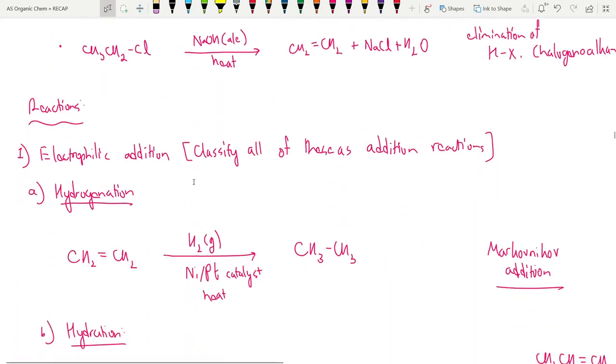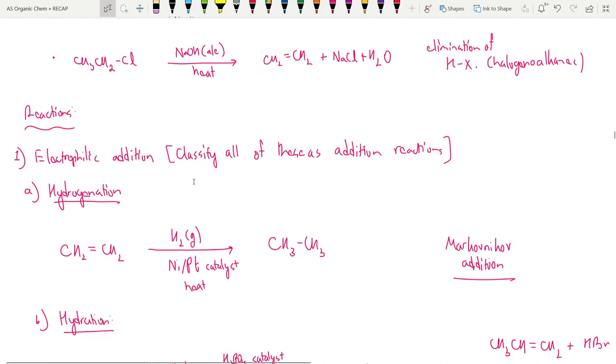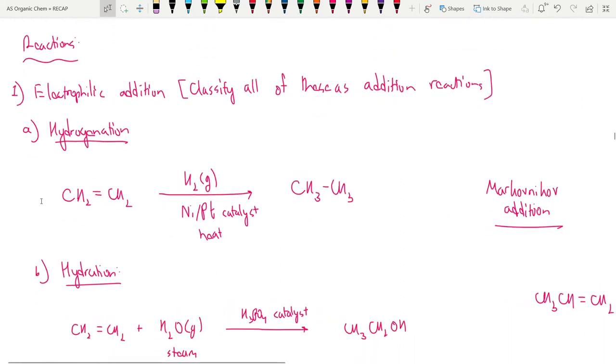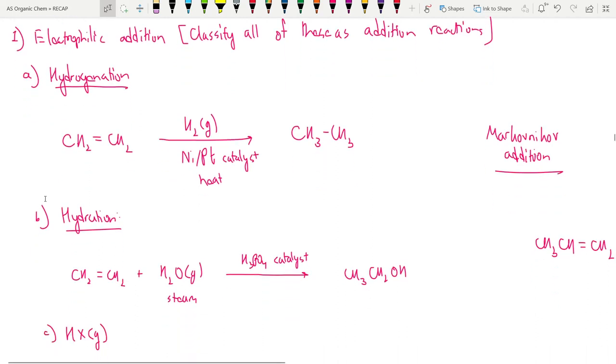So what are the reactions? Mainly they undergo electrophilic addition. You will classify all of these as addition reactions. In the mark scheme sometimes they don't accept hydrogenation. It's an informal term, even though it's in the syllabus. So the first reaction is hydrogenation. This is also addition. We add hydrogen gas with the help of nickel or platinum catalyst and heat to get alkanes. We can add water in the form of steam in the presence of heat and H3PO4 catalyst to